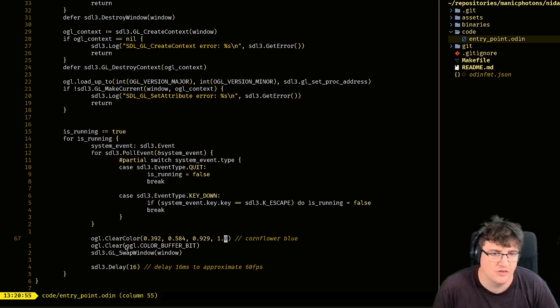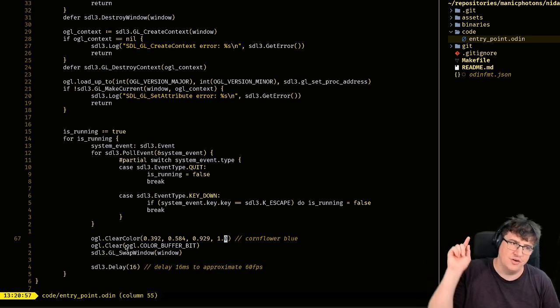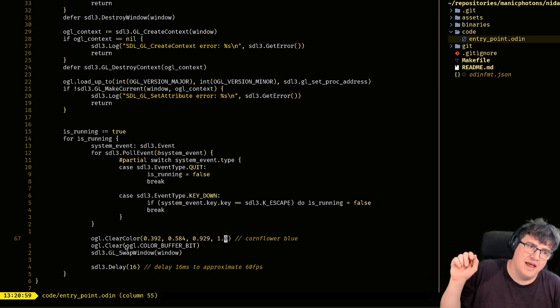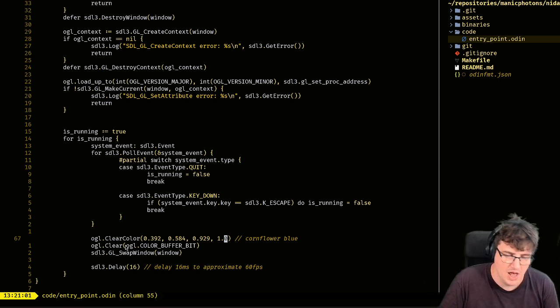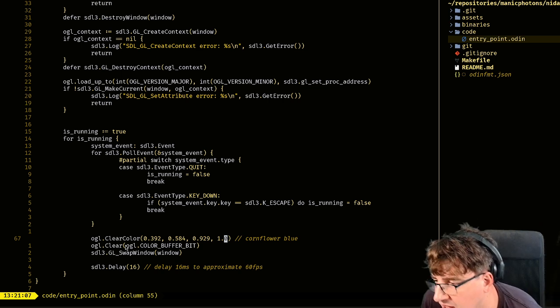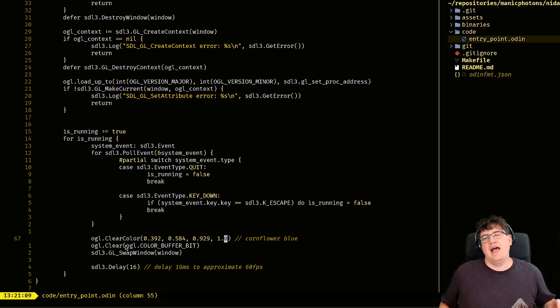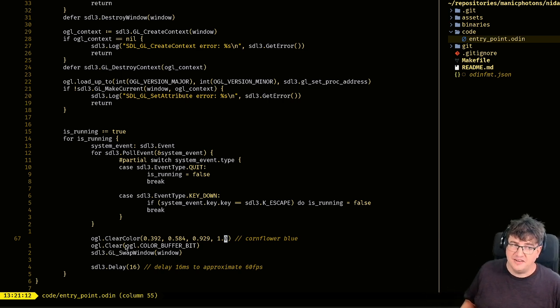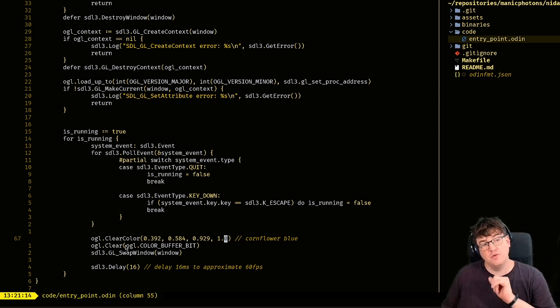So that would make sense. Yes, there we go. We will add audio. We will expand on the OpenGL system to do, let's say, a Mandelbrot renderer. And we will create the task system without multi-threading it.